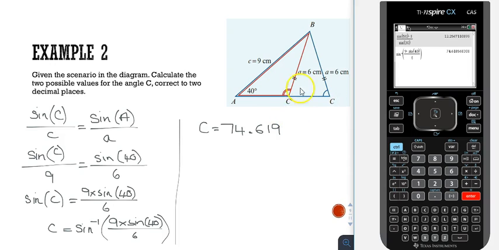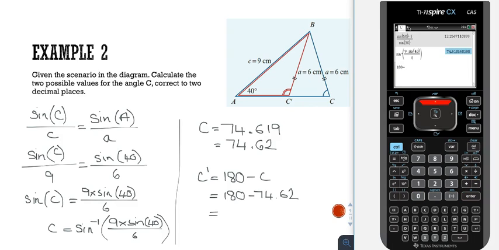And I want to know also what is C dashed. So given the scenario in the diagram, calculate the 2 possible values for the angle C, correct to 2 decimal places. So I've done one value. I do need to do the other one. So I'm going to do my calculation. It is 180 minus C, where C is 74.62. Doing the calculation in my calculator. Note, I haven't used my rounded value, I've used the full value. And I'm going to get out